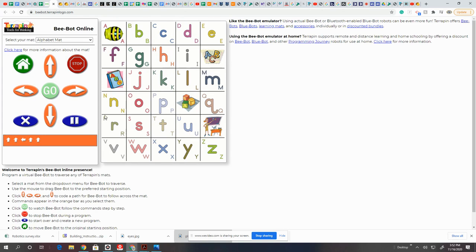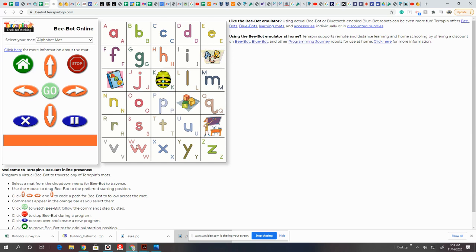So I'm on the letter A, and then maybe, if I have a piece of paper, I would write the letter A down so I know which letter I programmed and remember where I am in the word. So I'm going to press the home button, clear my code, and then go on to the next letter, which is just going to be a right turn and then a forward 1 to that L. There we go. And we go home, write that letter down, and go on to the next letter,